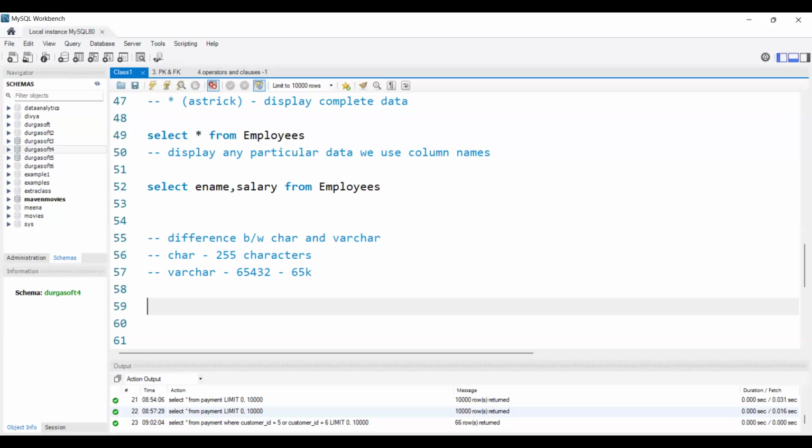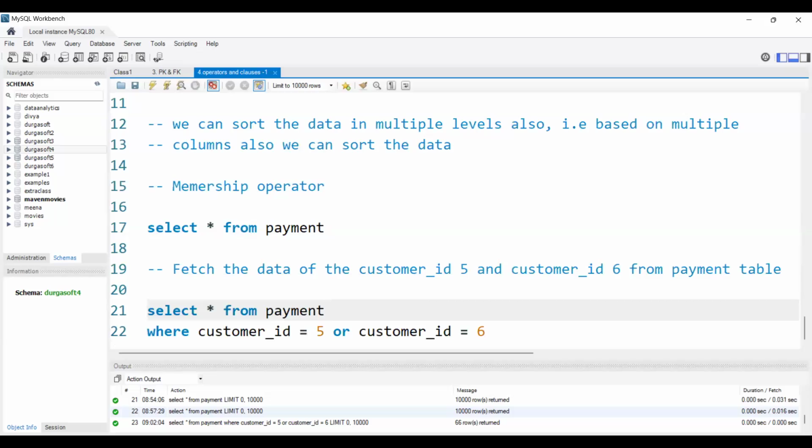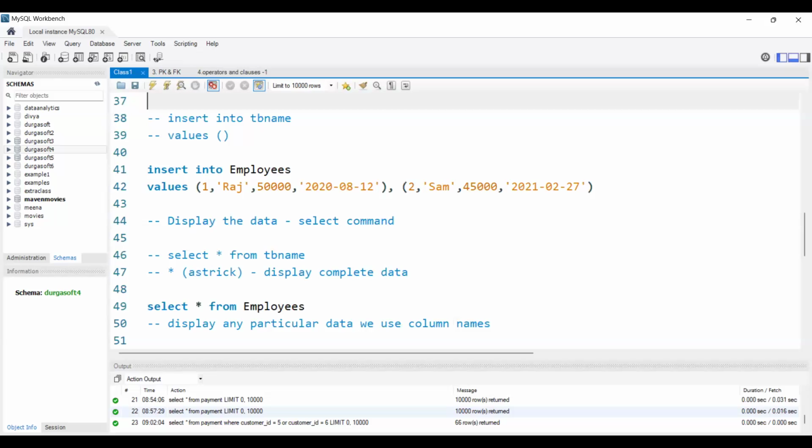Daily videos will be uploaded in that link only, and concept-wise notes too. This is our class 1 file, right? In this we saw how we created databases and tables. I will upload this file in that link, and like that I will upload concept-wise notes.